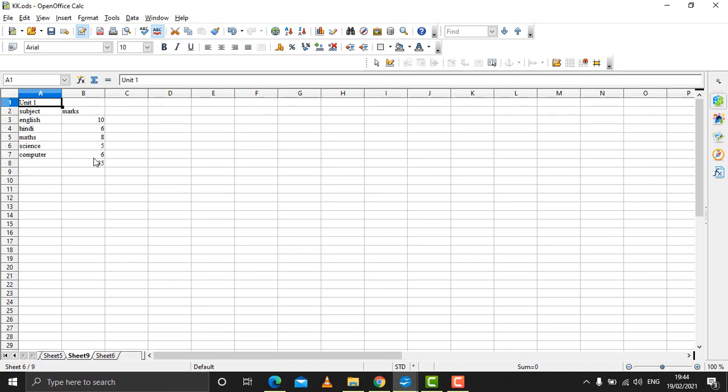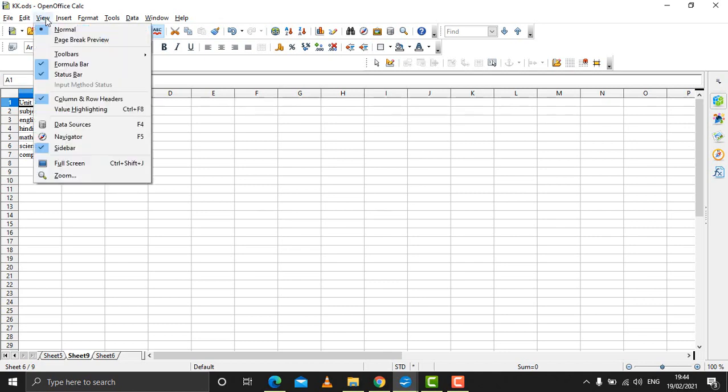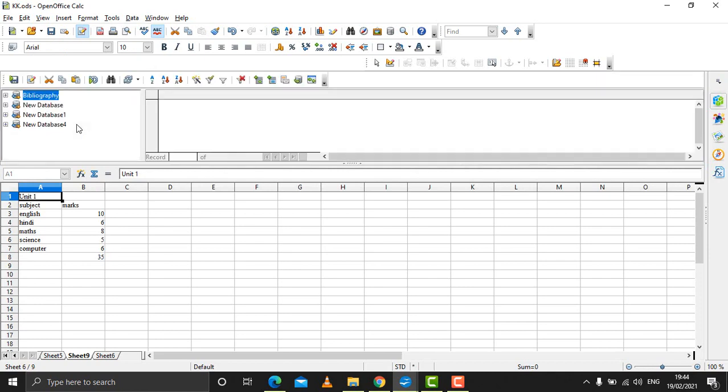The very first thing you require to do is open a worksheet where you want to link the data. Then click on view, and then click on data source. You can press F4 also. Click on data source. You will see all the registered databases which are stored get displayed here.